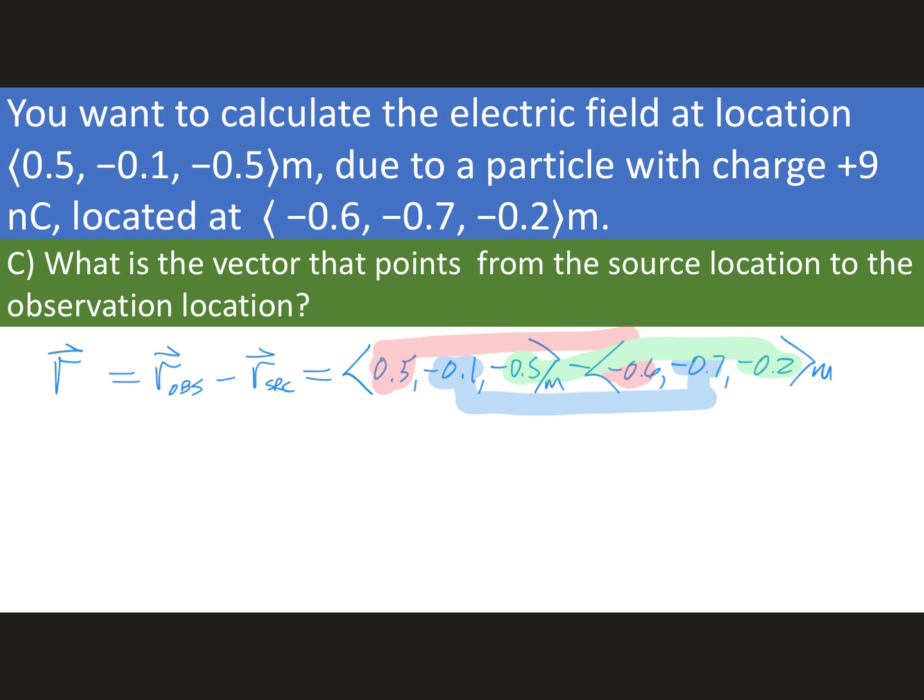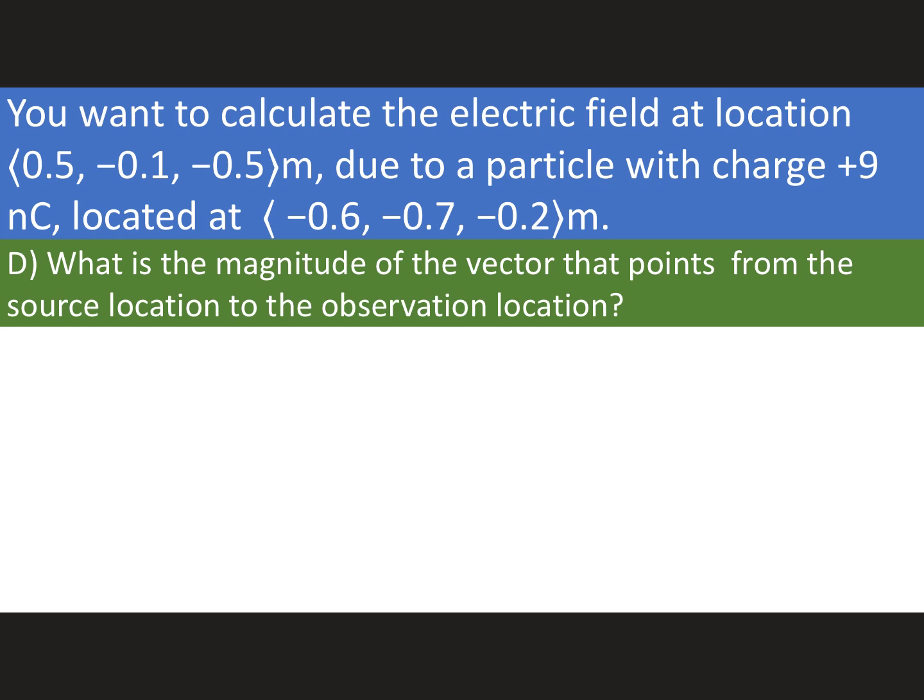And so R, the resultant vector, if you will, would just be 1.1, because a 0.5 minus a negative 0.6 is a plus, and then 0.6 and negative 0.3 meters. Yeah. So there we have our R vector. Nothing particularly difficult about that. So I'm just chunking this out so that we think about these easy steps in a serial fashion,